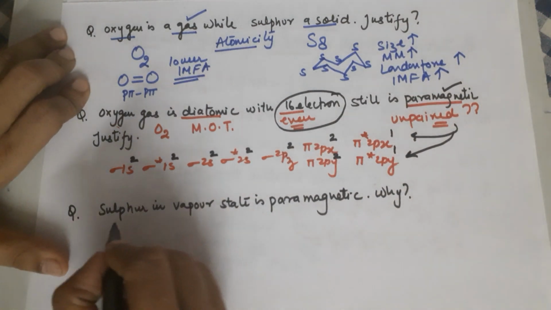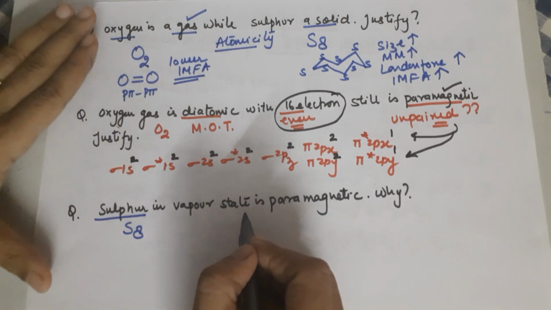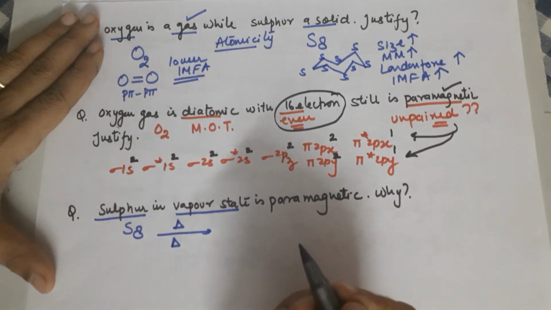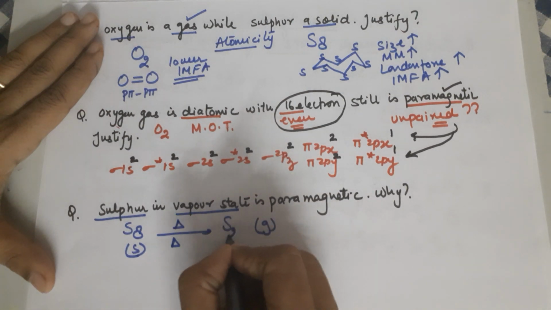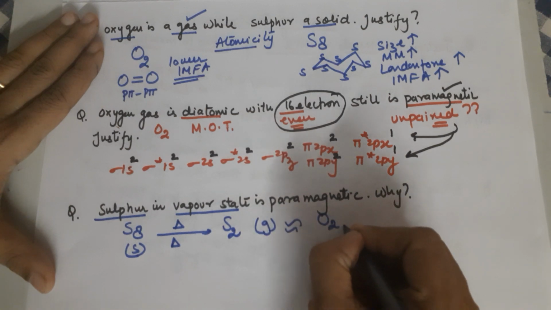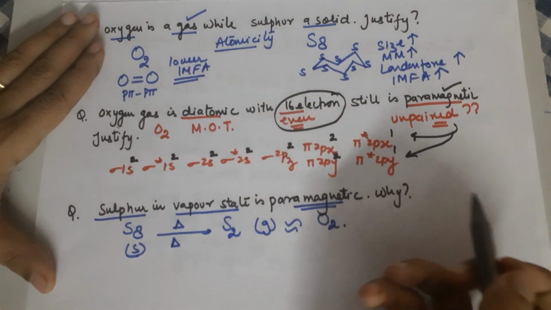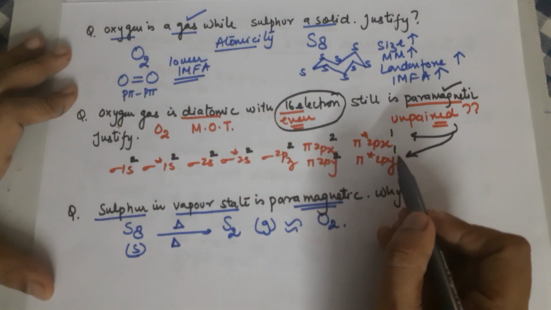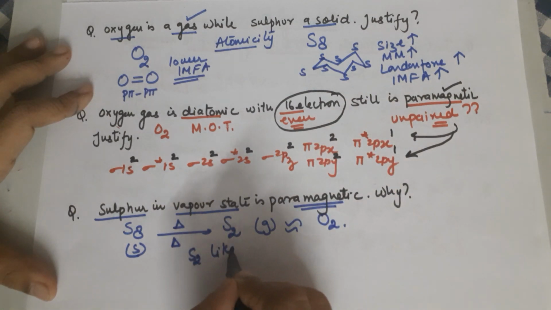The next question is sulfur, which we well know is in S8 units, but in the vapor state, which means when you continuously keep heating it to transform this solid into a gaseous form, it exists as S2, which is exactly like O2. And therefore, this also becomes paramagnetic. Of course, we are incapable of writing the electronic configuration as we did for oxygen, but what we can say is S2, like O2,